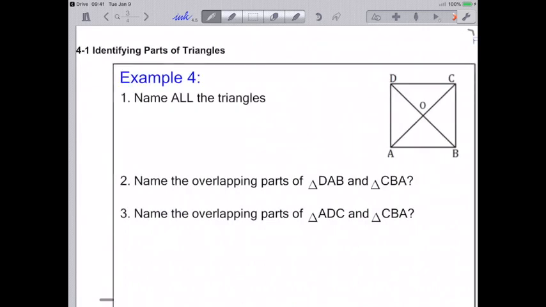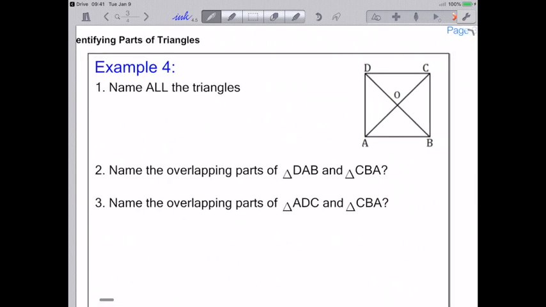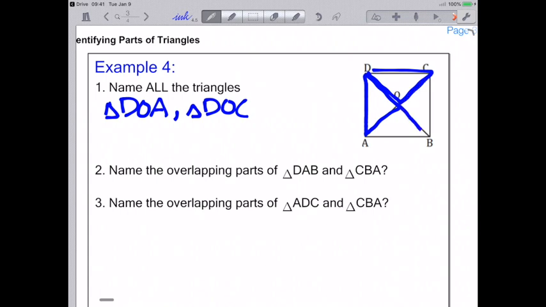So let's take a look at another example. This one wants me to name all of the triangles. Now, there's a lot of triangles here, and we'll see if we can get them all in one fell swoop. So I'm going to outline them as I get them. So triangle DOA, triangle DOC, triangle COB, triangle BOA,